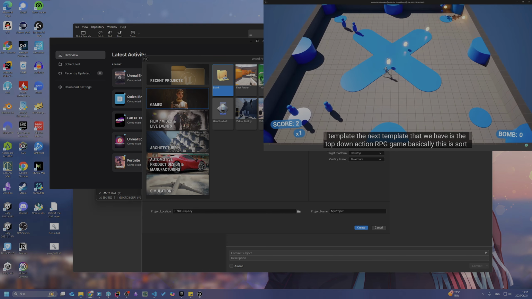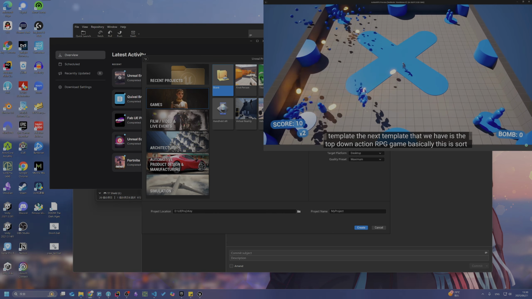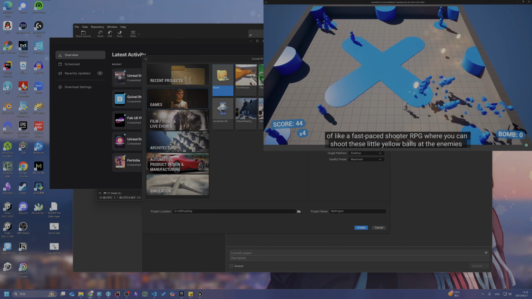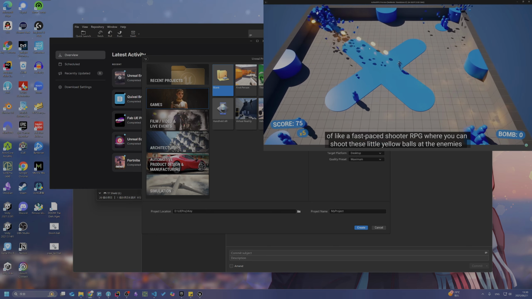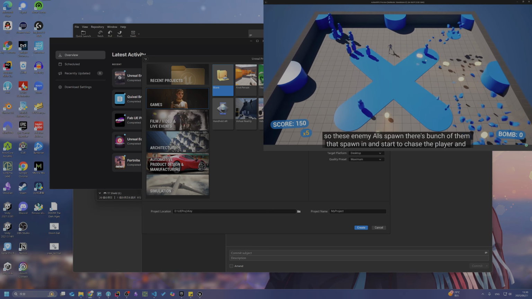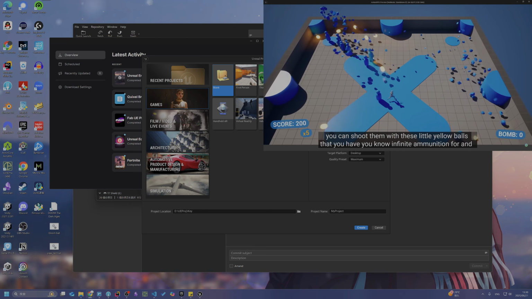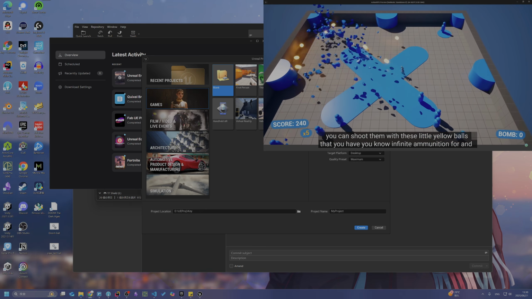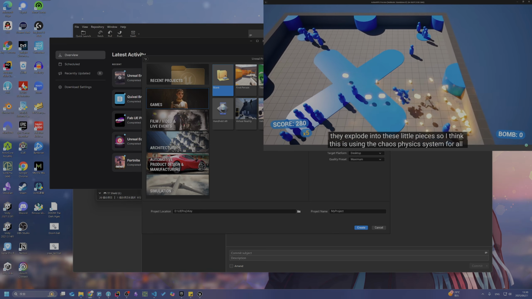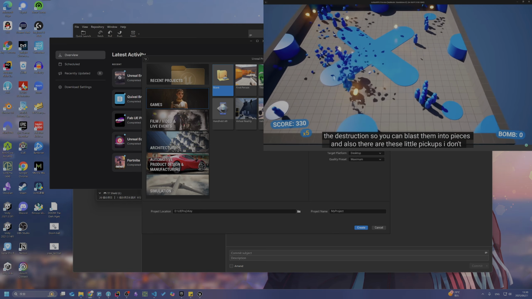The next template that we have is the top-down action RPG game. Basically, this is sort of like a fast-paced shooter RPG where you can shoot these little yellow balls at the enemies. So these enemy AIs spawn, there's a bunch of them that spawn in and start to chase the player, and you can shoot them with these little yellow balls that you have infinite ammunition for, and they explode into these little pieces. So I think this is using the Chaos physics system for all the destruction,